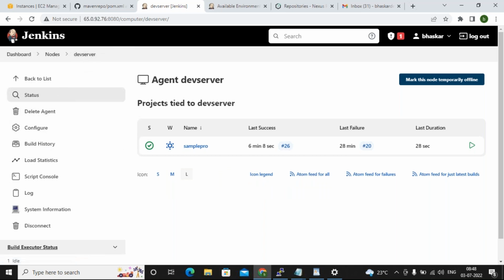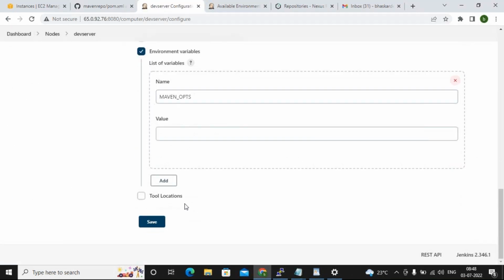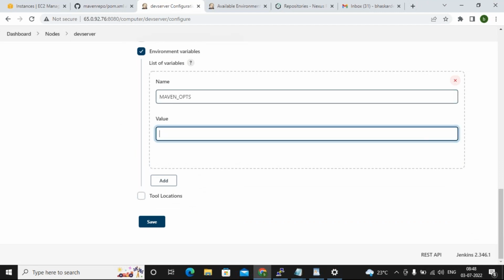So I'm in the server node configuration now. See, here also I can add variables. This will be available at server level, agent level. Whatever jobs you are running in this agent can use it. A common variable now for this agent. This is what a user variable is, guys.